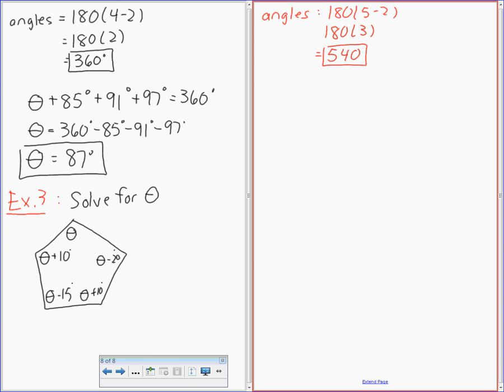So 540, did I add it up right? That's right, yeah. Okay, Jessica, picking on you. Can you give me a lovely equation to actually solve it? Go ahead. Theta plus theta plus 10 plus theta